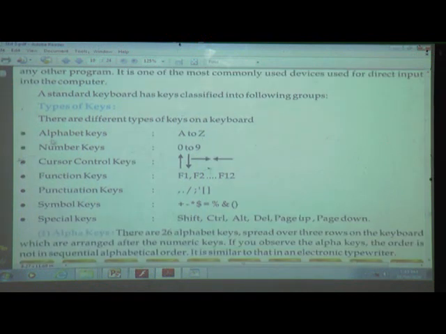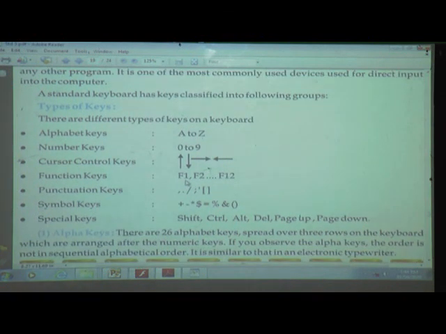Keyboards have different keys, and these buttons are called keys. Alphabet keys if you want to write alphabets, number keys if you want to write numbers. Then cursor control keys are also called arrow keys. There are 4 arrow keys: left, right, up, down. Then function keys. Function keys are from F1 to F12. Punctuation keys, symbol keys, and special keys. We studied the uses of these different keys.